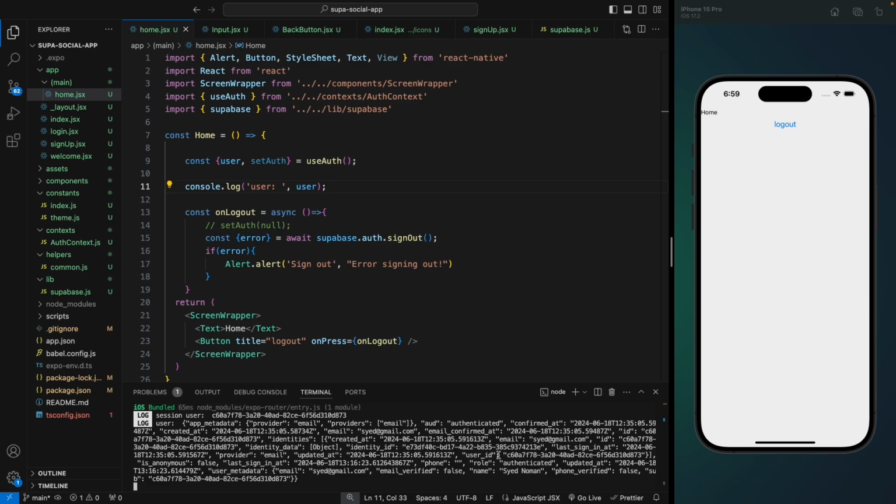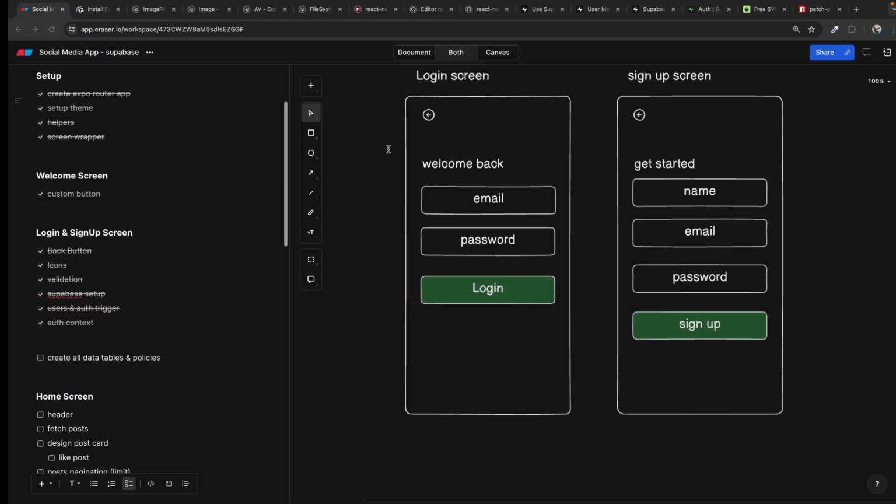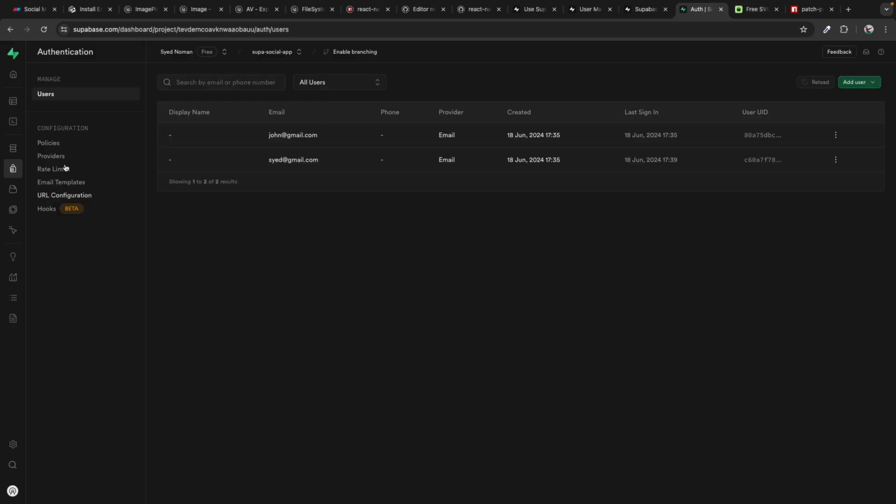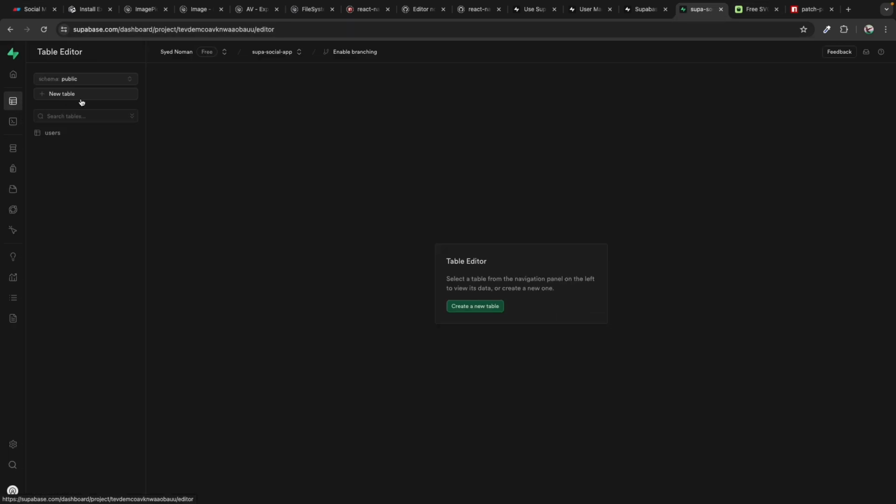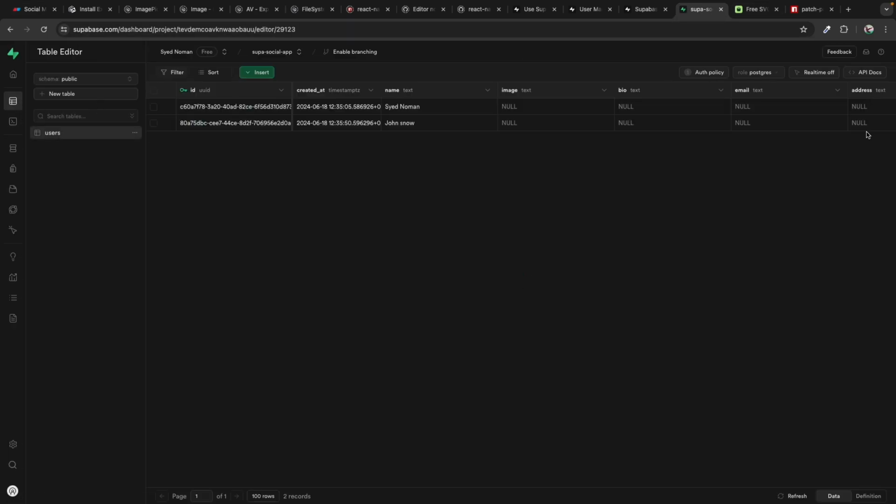This has the email, the name and the sub property as the id, but we want all the information that we defined in the users table. So if I go to users, you will see we have the name, image, bio, email, address and the phone number.